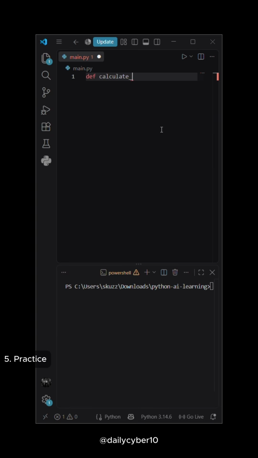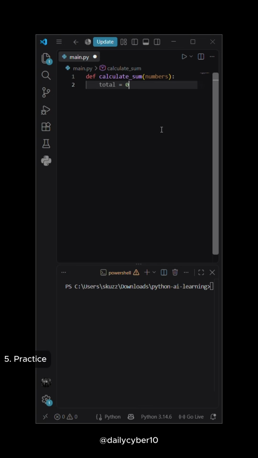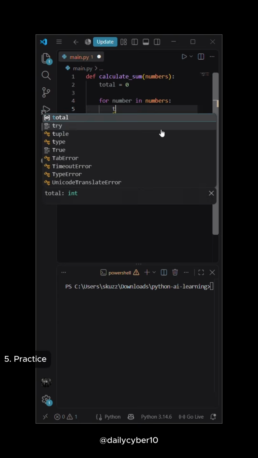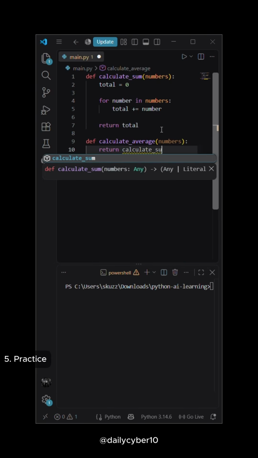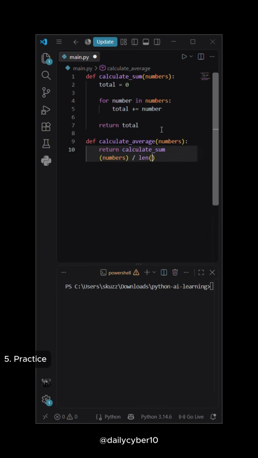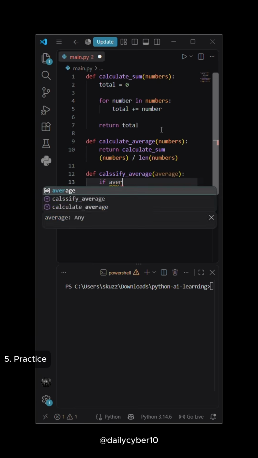Defines a function to calculate the sum of numbers, initializes a variable to store the total, loops through each number, adds each number to the total, returns the calculated total, defines a function to calculate the average, uses the sum function to calculate the average, returns the calculated average, defines a function to classify the average, checks whether the average